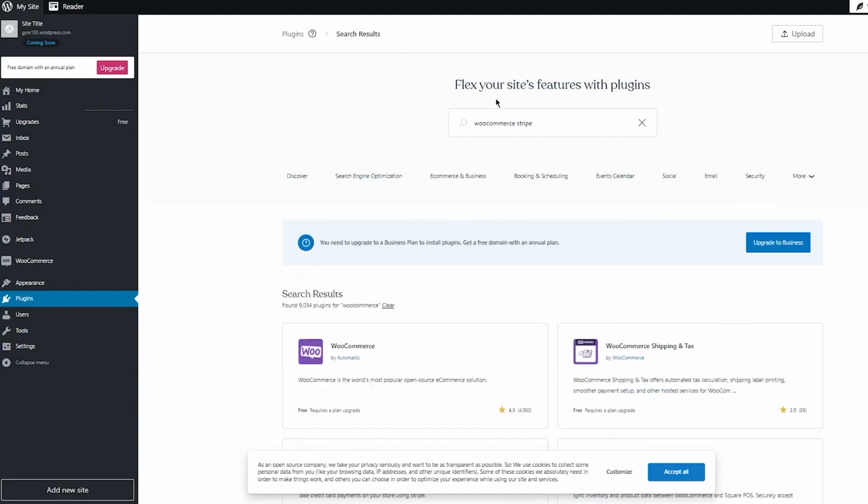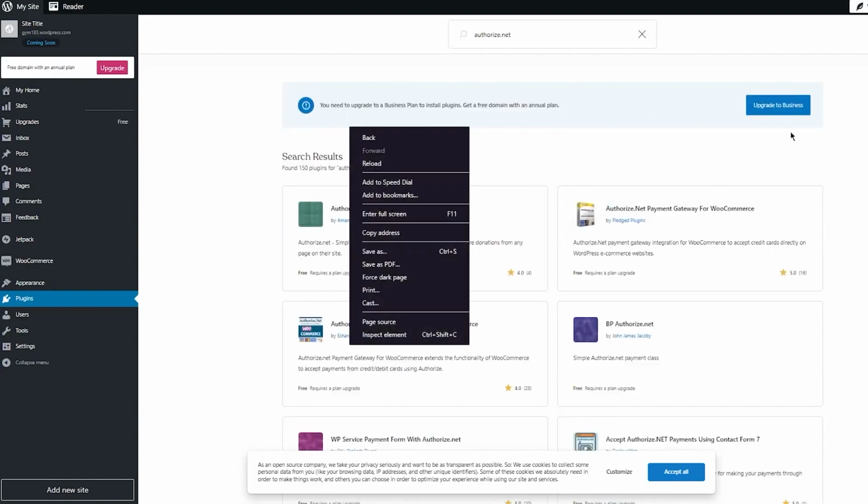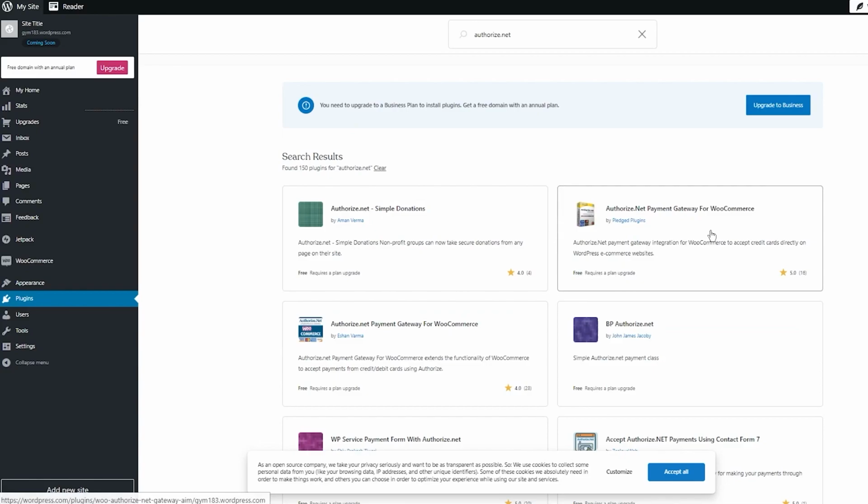I'm going to go back here and you're going to write authorize.net. Okay. Now, once you do that, make sure to search that as well. And once you search that, you're going to get Authorize.net Payment Gateway for WooCommerce. You're going to get that. And then finally, you're also going to get Direct Checkout for WooCommerce. Okay, just write that in, add that, and once you've added all that, you're going to find it in your